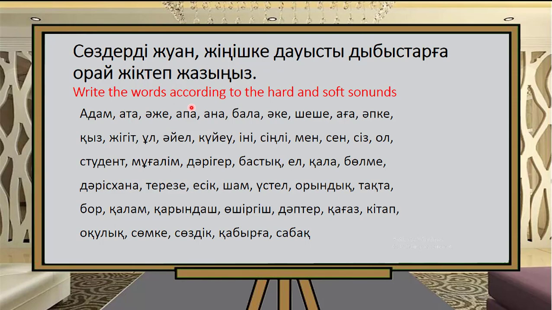Write the words according to the hard and soft sound. As we read, the vowel letters are divided into juan and jenishke. You should differentiate which word is juan and which word is jenishke. I will read the words first. Adam, ata,